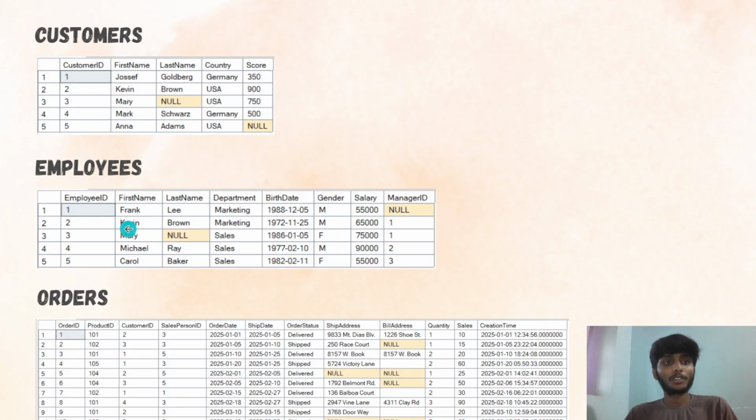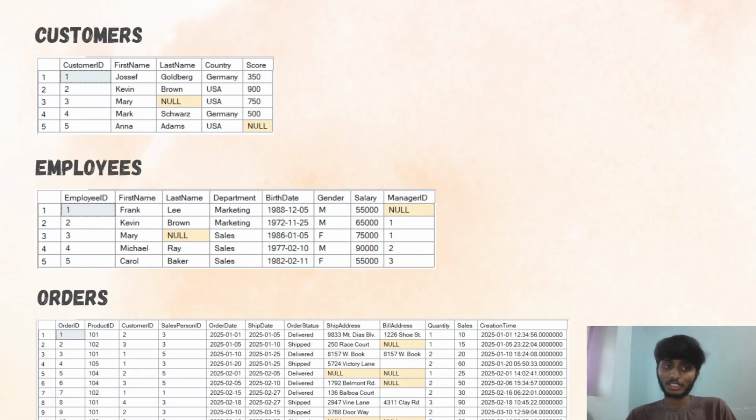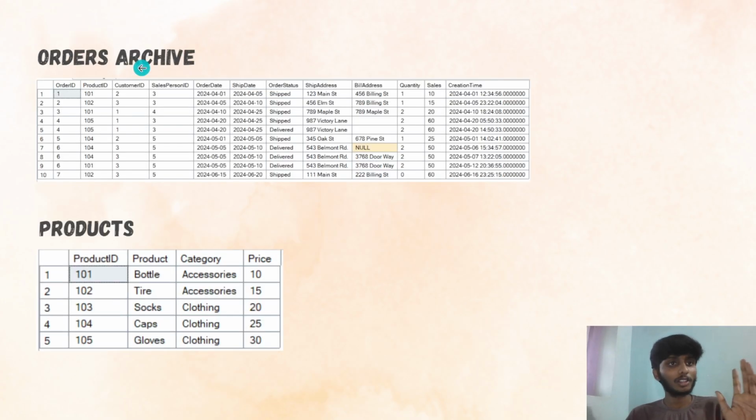And employees table with all the employee details. And orders table, which contains the order details of every customer, which contains order ID, product ID, customers, order date, ship date, order status, and so on. Similarly, we have orders archive table, which basically represents the same structure and schema like orders table. If you see here in the orders table, you have order ID, product ID, customer ID, like all the column names, the schema, the structure of the data inside orders table is quite similar to orders archive table as well,